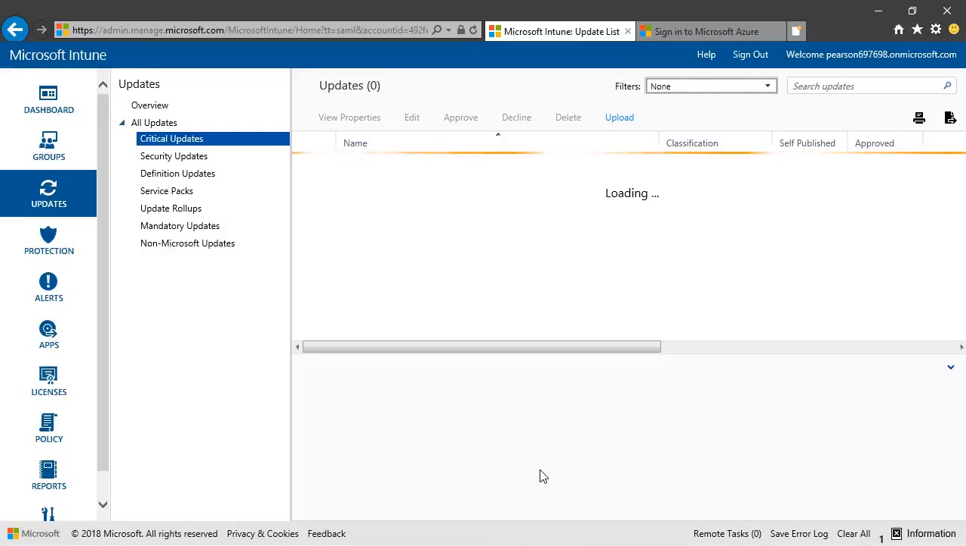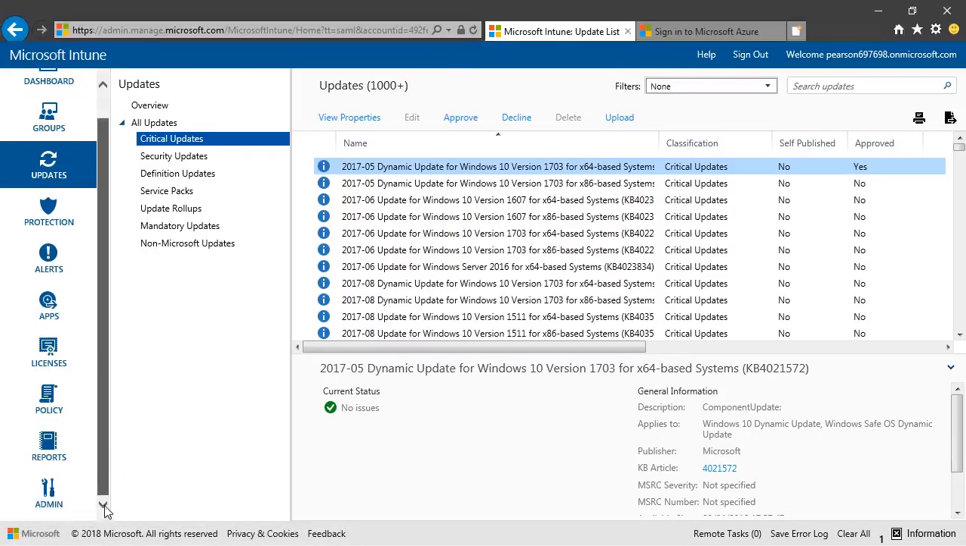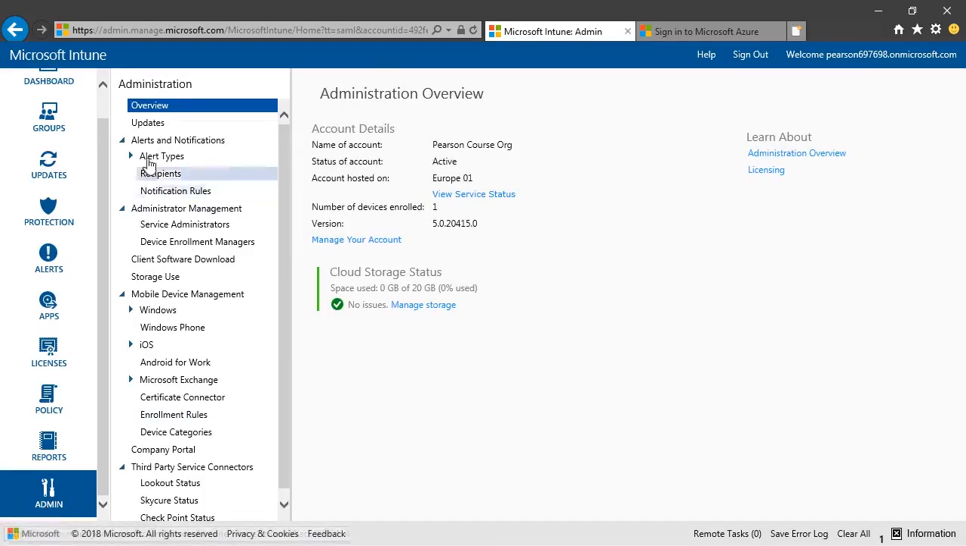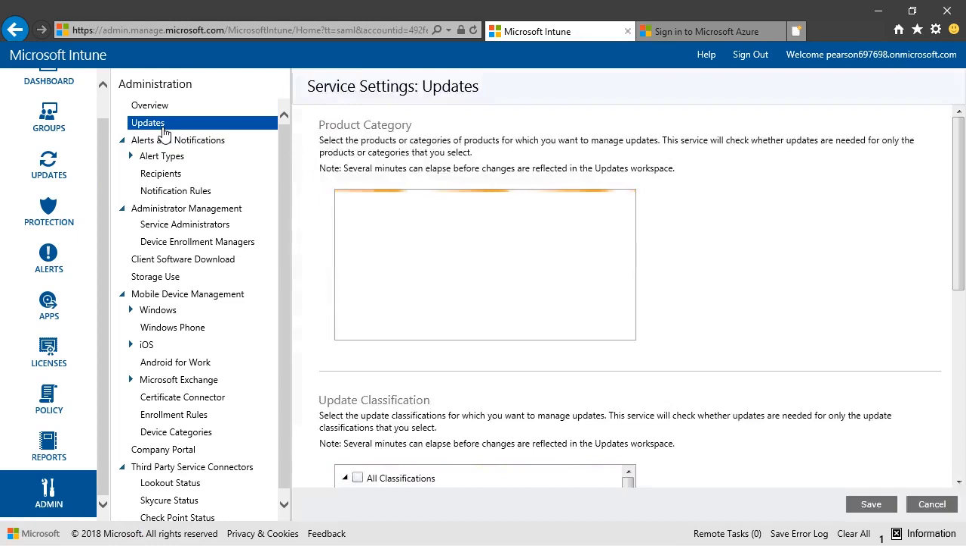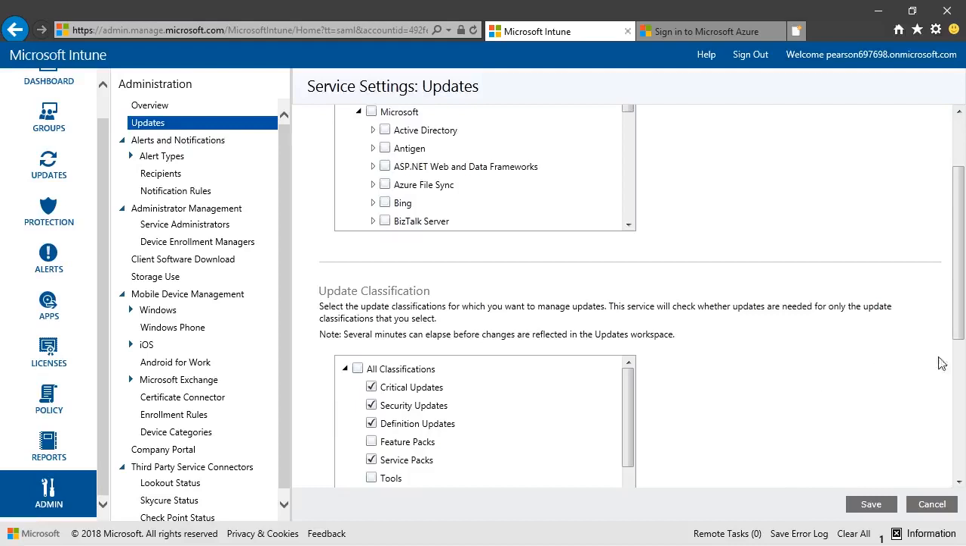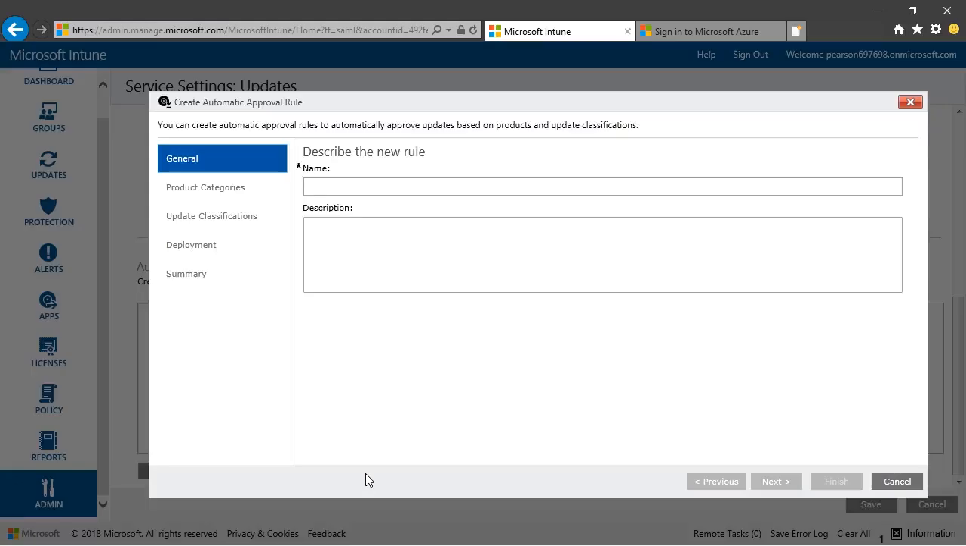Obviously, if you have many updates to perform and you're constantly spending your time approving or not approving updates, that can be time consuming. So there is a way of configuring a rule for automatic approval. To create an automatic approval rule, you go to the admin workspace, click Updates, scroll down to Automatic Approval Rules, click New, give it a name, we'll just call this Test Approval Rule,